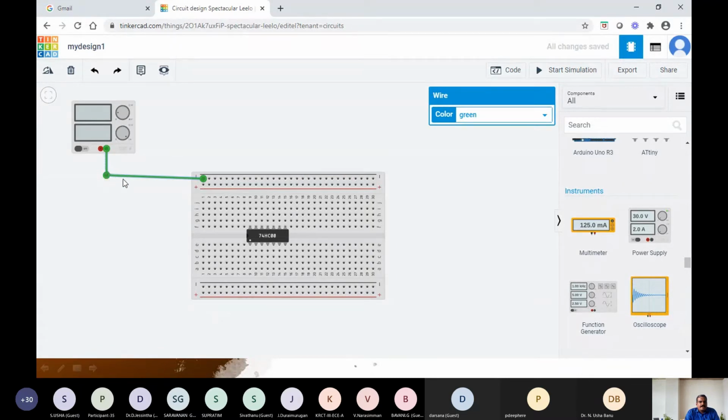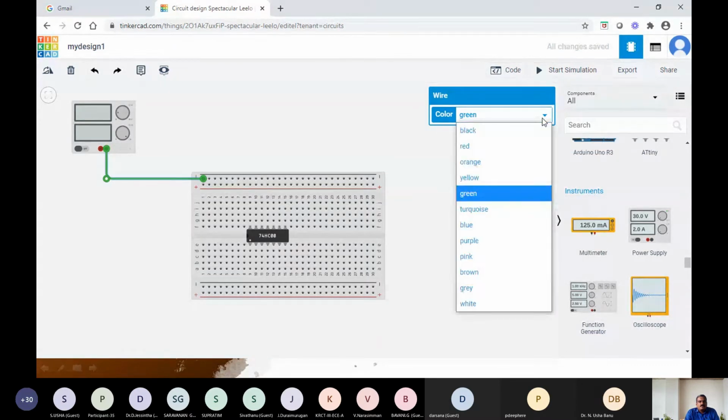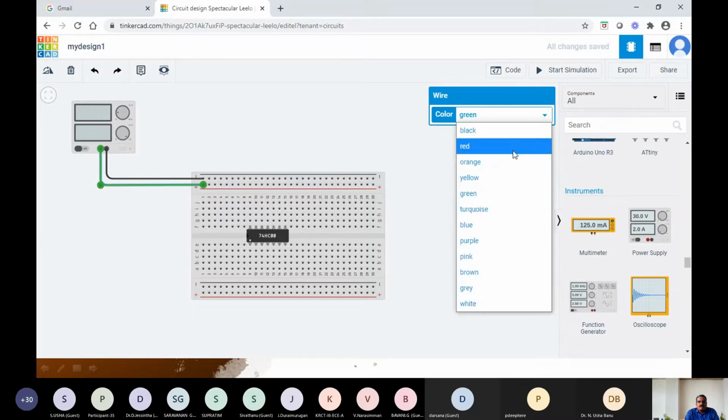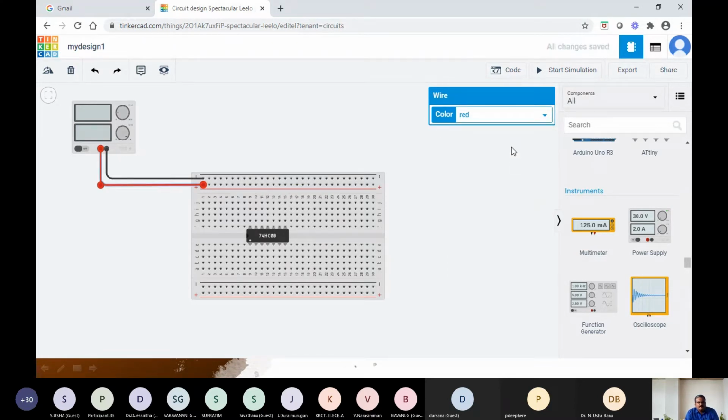See, the line is not a regular line, so I will be doing it in a more correct way. So now it resembles a straight line, right? See, by the default line is green color. You can change the color of the wire in order to discriminate the connections, right? So as it is a ground connection, I am giving the color as black. Okay. So similarly, this line will be used as a power. So for power, we will be using the red line, power or the signal.